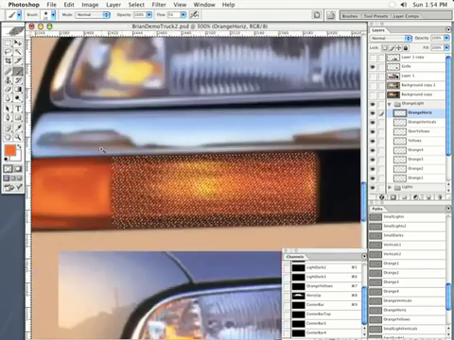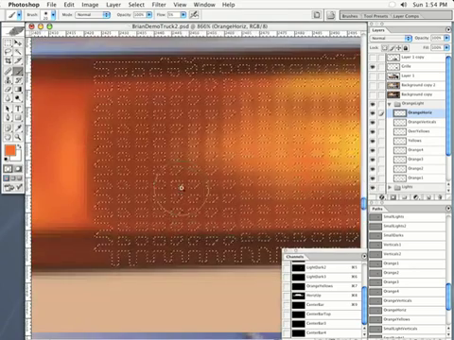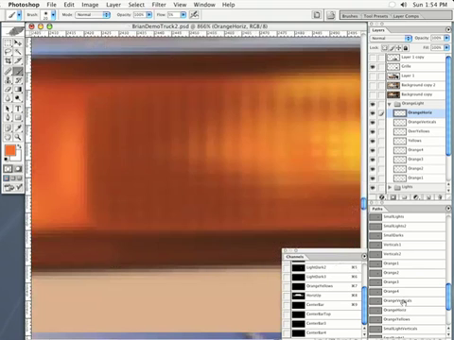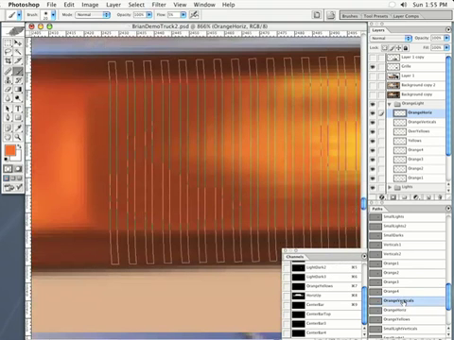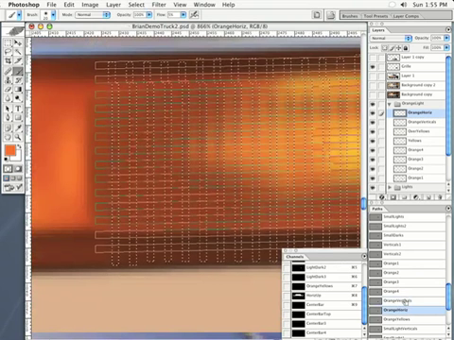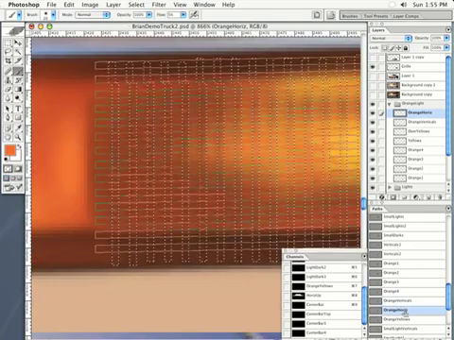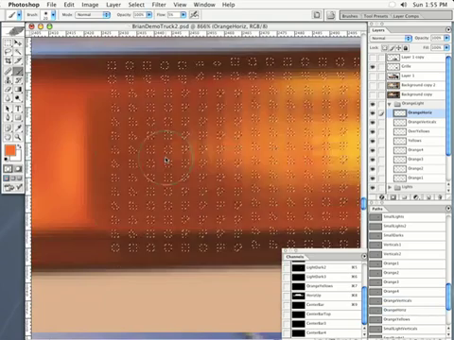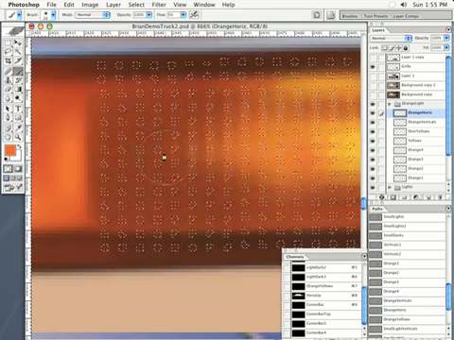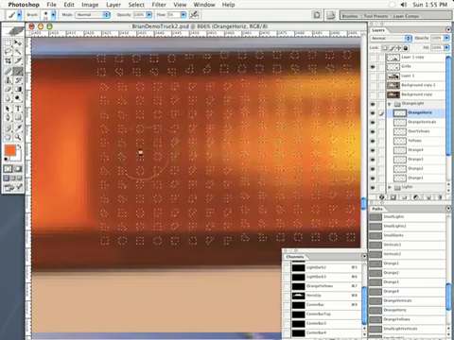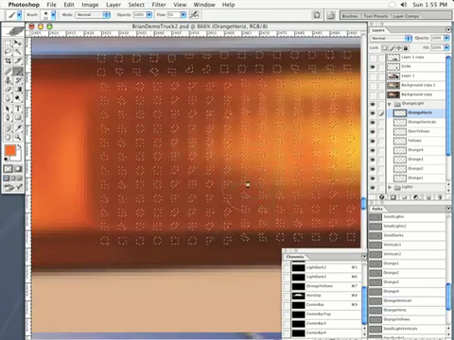And now I have to move these over because I'm actually painting, let me double check what I'm doing here. Let me go Command D to deselect. There's the vertical bars, there's the horizontal bars. If I intersect both of these, if I Command click this one and I intersect this one, I'm actually right still on the vertical areas. So what I need to do is move it over that much and then move it up that much. 2 over, 2 up, and now I'm actually in between where the lines are, if you can kind of tell